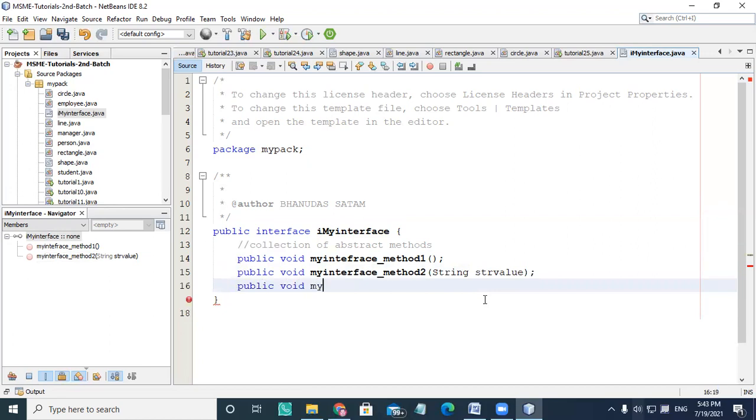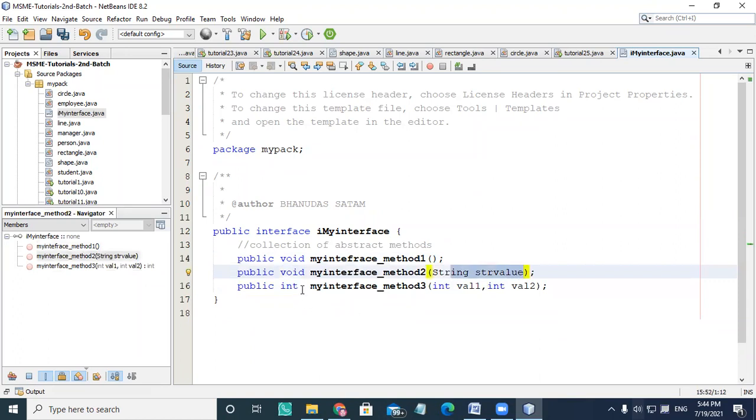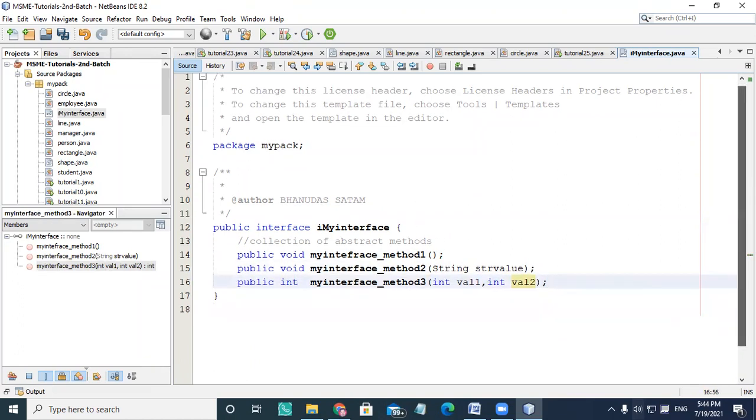And third, I'm writing interface method 3, which takes some input like int val1, comma, int val2, and returns some value. So all these are different signatures. Some return void, some take a parameter, some take a parameter as well as return some data type. All these n number of methods I can use inside my interface.